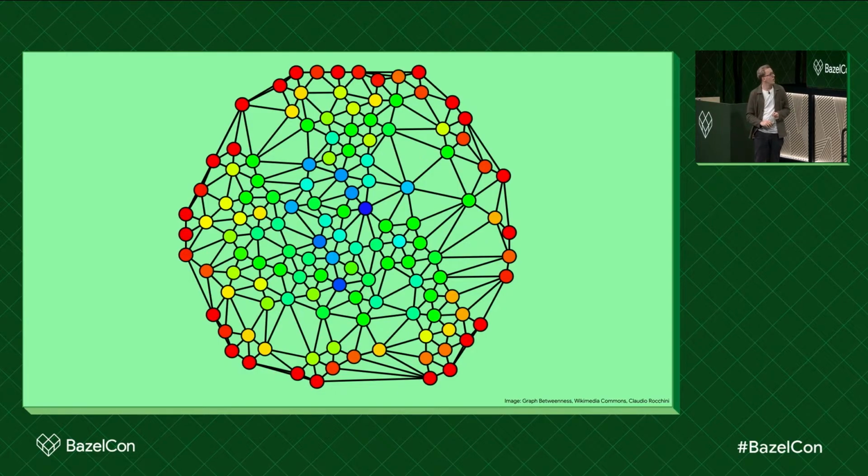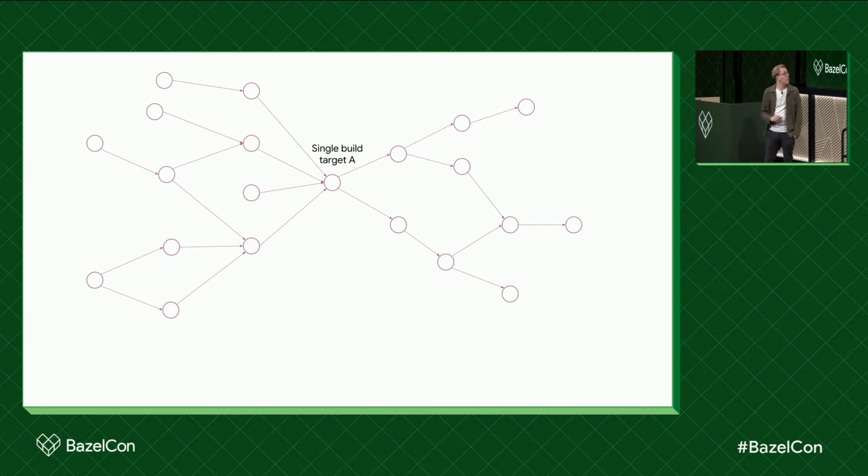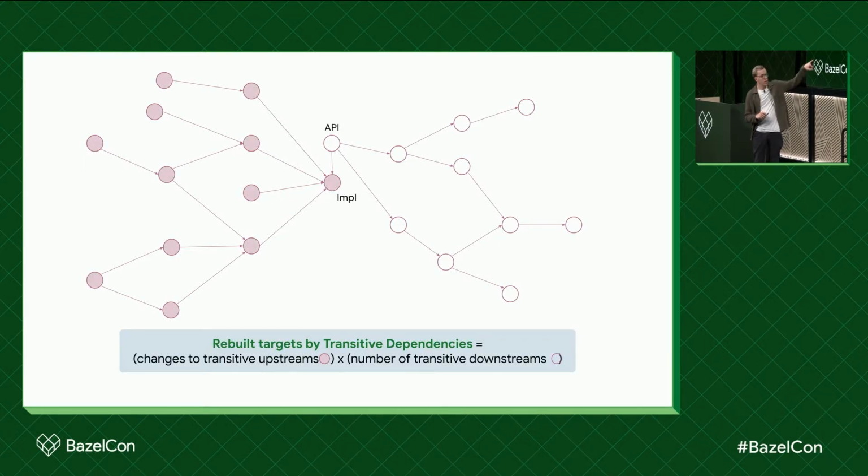Let us now click through and consider a single build target A in this case. What would happen if we would now properly or optimally isolate this? In this case, we could split it up into an implementation and an API target, similar to this. The implementation logic is within the impl, and that also contains all the upstream dependencies to the left. Any changes that now happen on the left-hand side will flow down to the implementation target, but since we implement a stable API, this will not affect the consumers on the right-hand side, which makes it possible to drastically flatten this out, with fewer invalidations in the graph, so that we can parallelize it better.